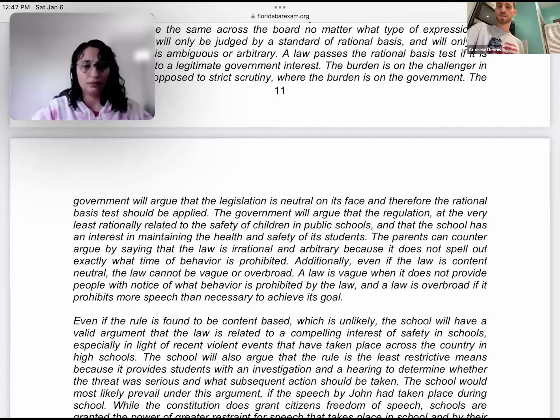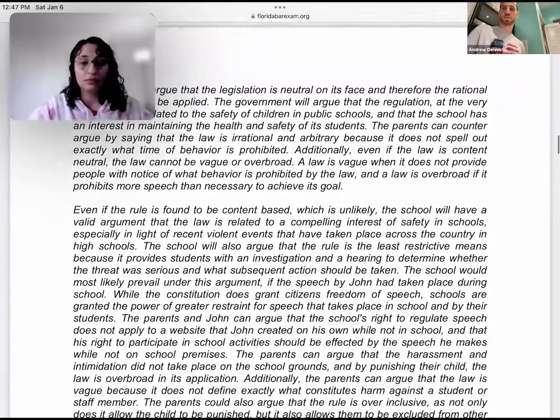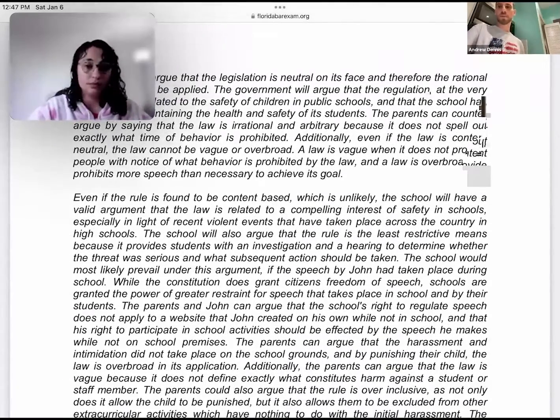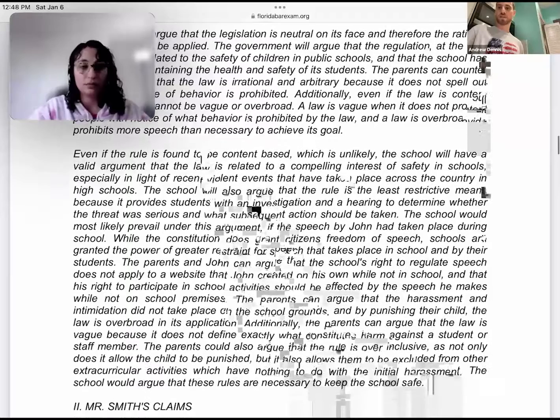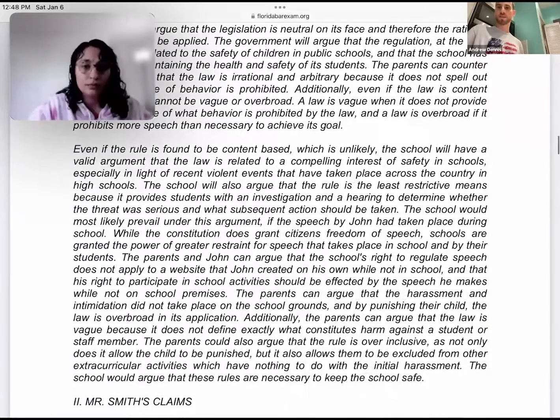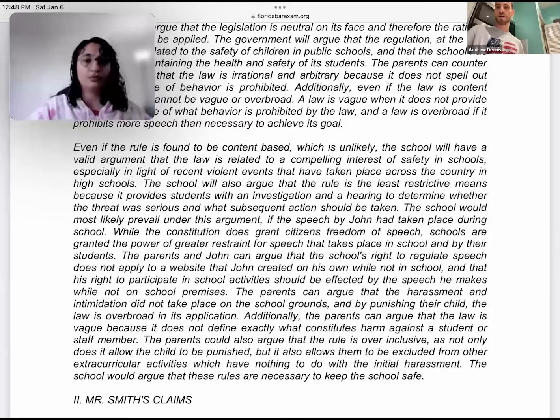A law is vague when it does not provide people with notice of what behavior is prohibited, and the law is overbroad if it prohibits more speech than necessary to achieve the goal. Even if it's found to be content-based, which is unlikely, the schools will have a valid argument related to achieving a compelling interest of safety. They can argue that's the least restrictive means, and they would most likely prevail if the speech had taken place